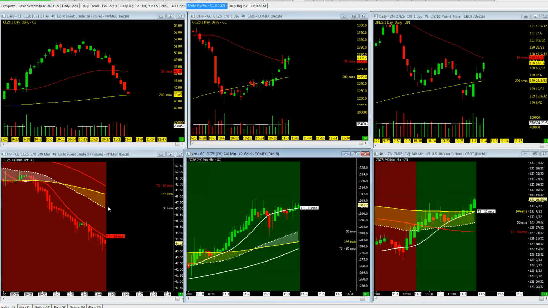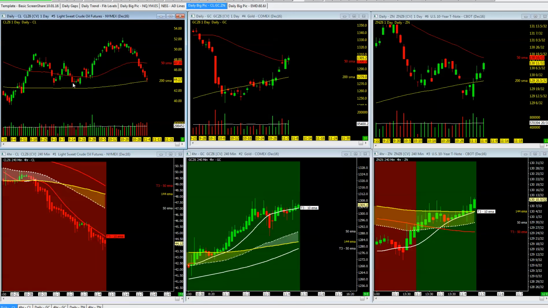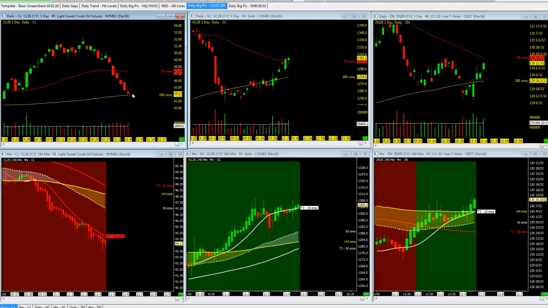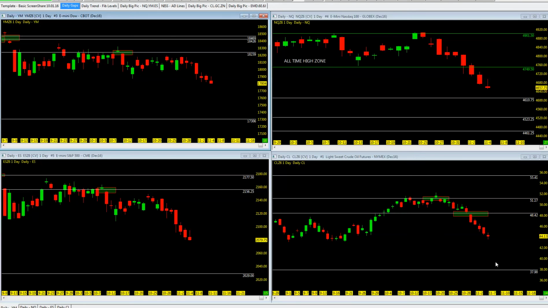Take a look at crude. Got to still stick with the downside as 50 is now below the 144. We are finding support at the 200. I mentioned on the daily, we have a couple former levels here before price action popped. So I would like to see price action next week either follow through. If we break that 200, we will continue downside. And so you've got your intraday levels to watch as well as that daily gap that we showed you here. 37.90 would be the next move down there on the crude.